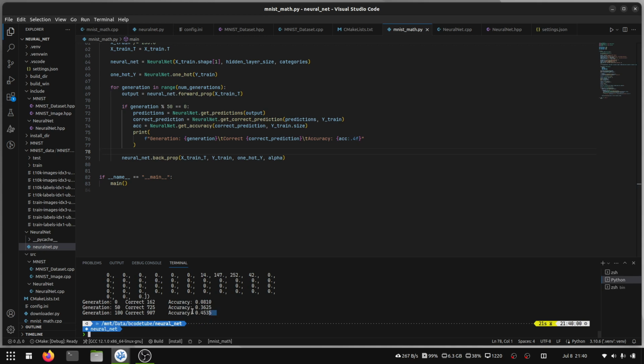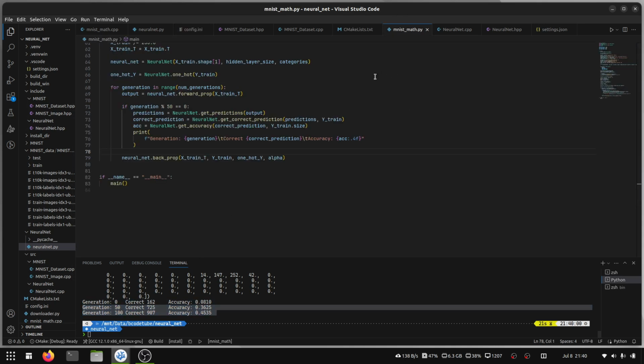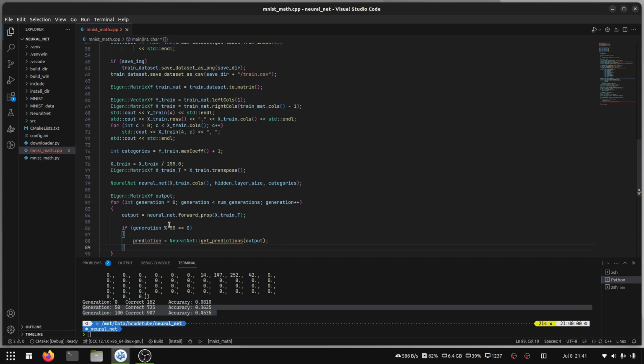Now we see that we got some improvement. If we run more generations and use more items, we are gonna get better results. But for now, this is just to see if it's working or not. So to get the predictions, I don't want to calculate predictions on every single generation, so I'm just gonna wrap here only each fifth generation. I'm gonna get the prediction,